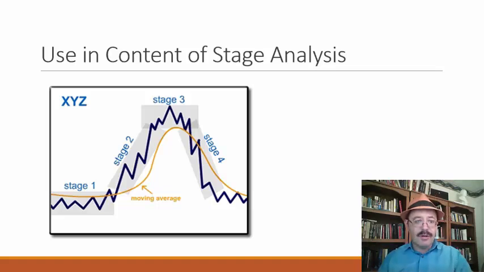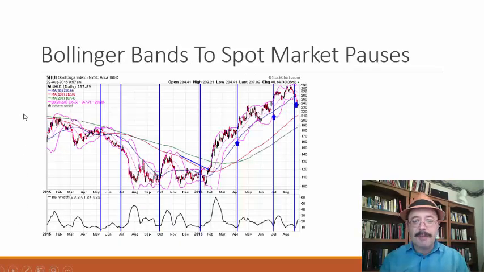That's how you do it in a bull market. In bear markets, you want to sell rallies and so forth. In stage 3, you're looking for a transition that's going to lead to a big drop. So let's take a look at how this can be used with the HUI Gold Bugs Index, because